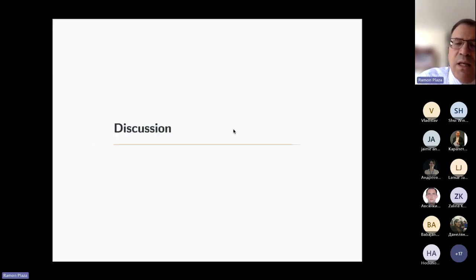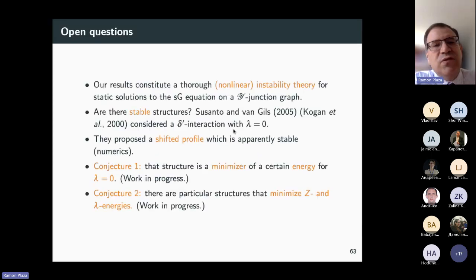Okay, let me conclude my talk by discussing some issues. These results constitute a nonlinear instability theory for static solutions to the sine-Gordon equation on a Y-junction graph for both delta boundary conditions and delta prime boundary conditions. A few remarks are in order. Why did I write nonlinear? Well, you can conclude